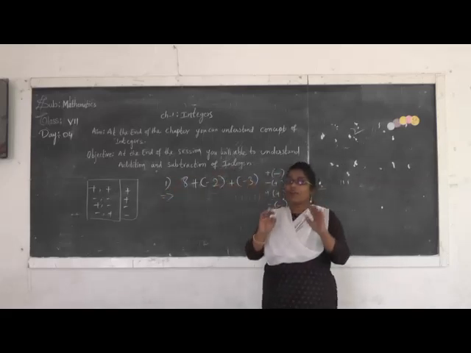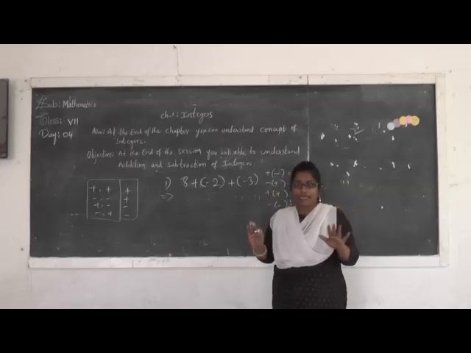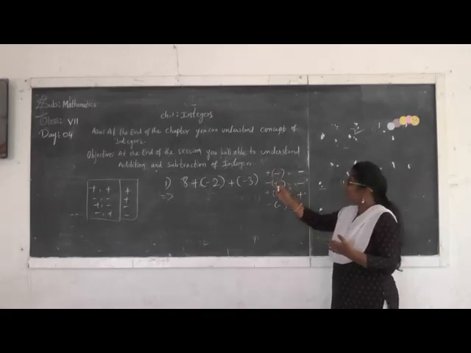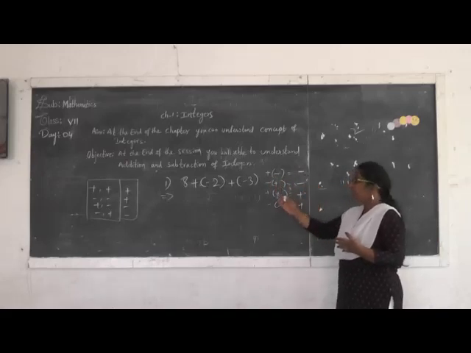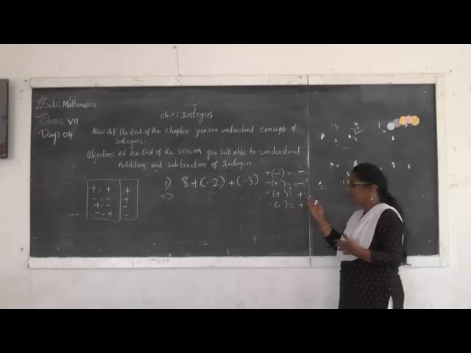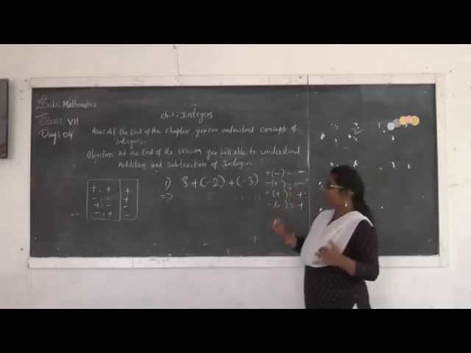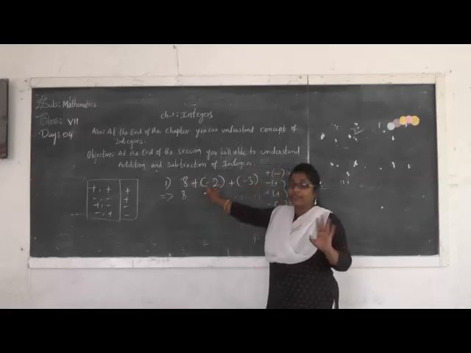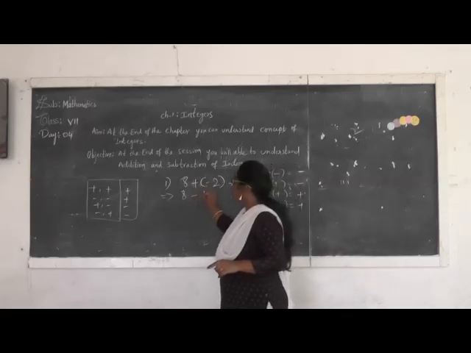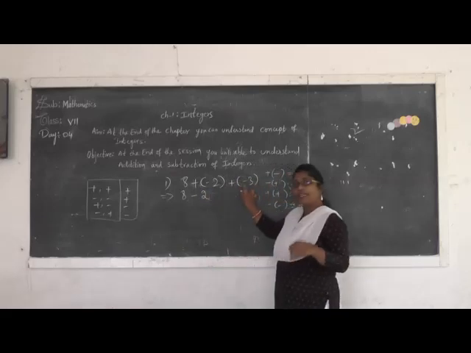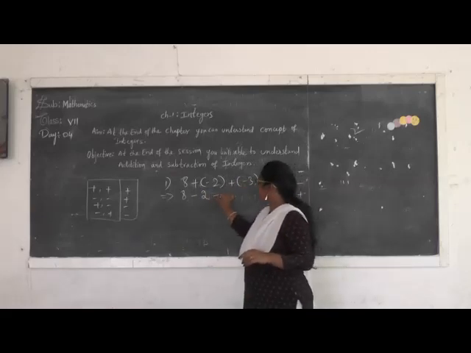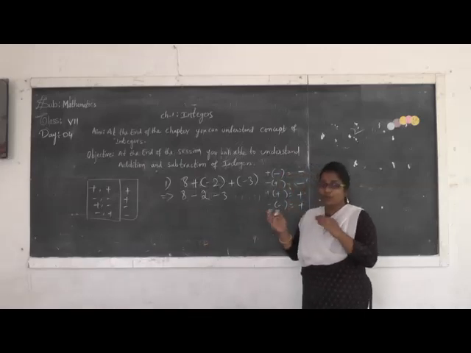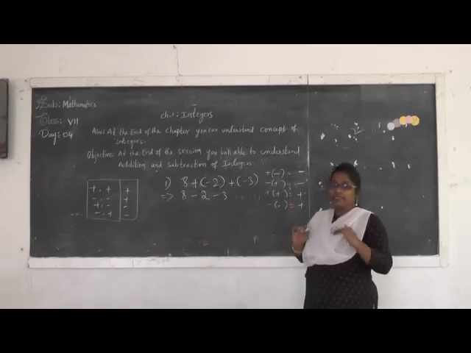In the first step, we should remove the brackets. How do we remove the brackets? Based on this concept: if both are having different symbols, we have to keep it as minus. If both are connected with the same symbols, then we connect it with plus. First we do that. Now 8, both are having different, different means minus. So minus 2. Here also both are having different, so minus 3. Are you able to understand? In the first step, we remove both brackets and we rearrange the terms.